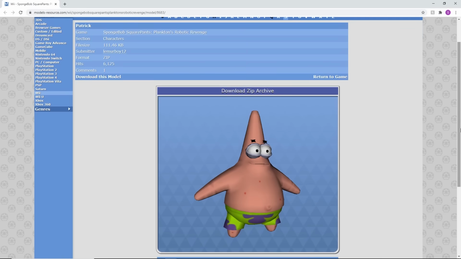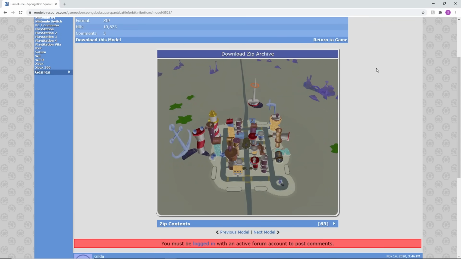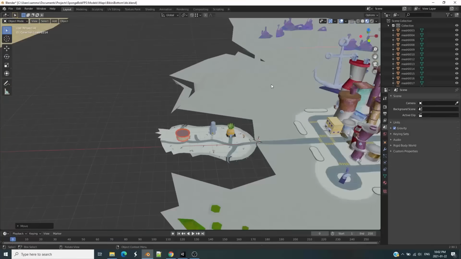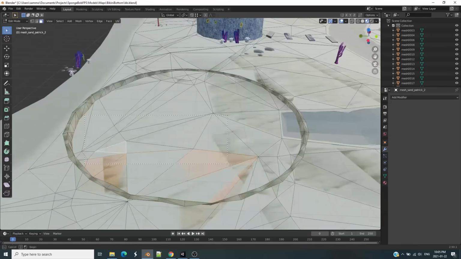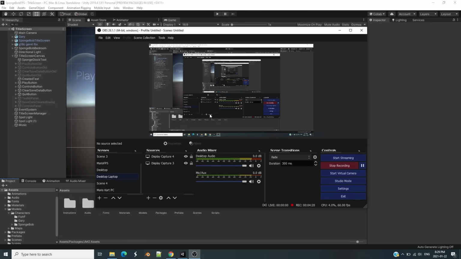All right, I'm gonna stop going down this rather terrifying rabbit hole and just pick models that look the best. Okay, now we're getting somewhere. Now I'm using Blender to stitch maps together so we can have a nice free roam map of Bikini Bottom. Now if you don't know, Blender's an amazingly powerful open source